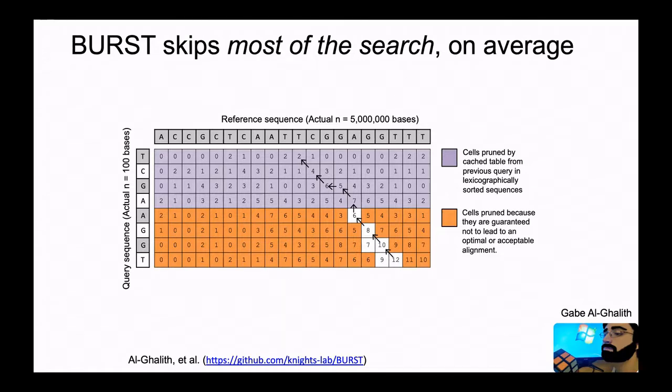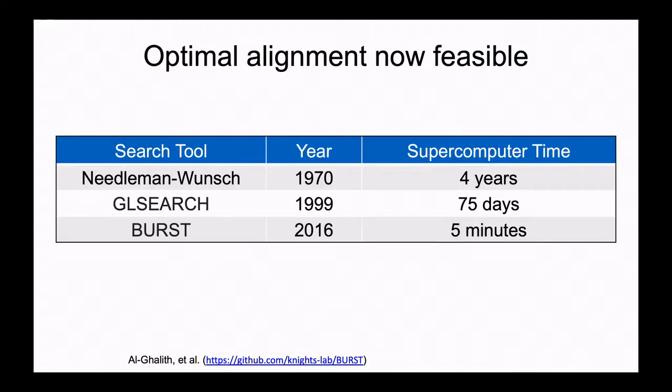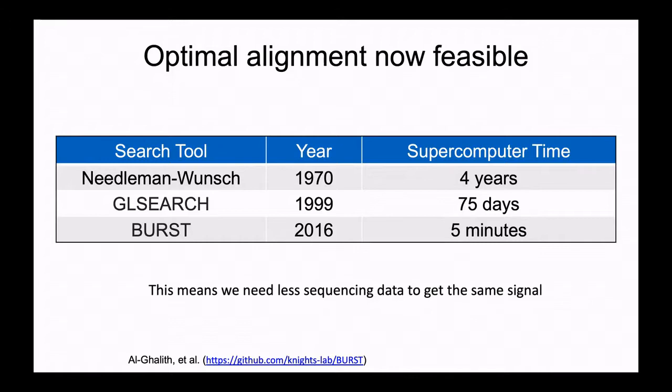So the search becomes extremely fast, and we can now do the same samples in about 5 minutes, assuming that you're processing them all at the same time. So what does this mean? It means that we need less sequencing to get the same signal. So we're now doing optimal alignment on full shotgun data sets. Every read that's a marker, we find it. We never have spurious hits to the wrong strain. And so we get optimal precision and recall because it's a full gapped alignment.